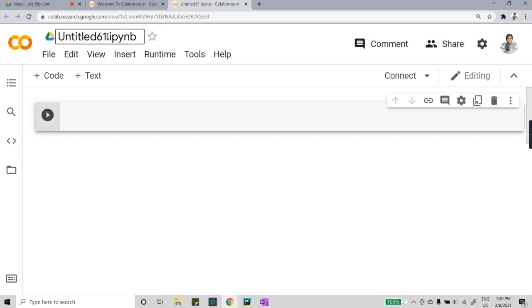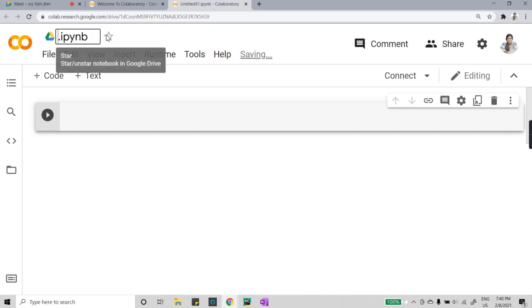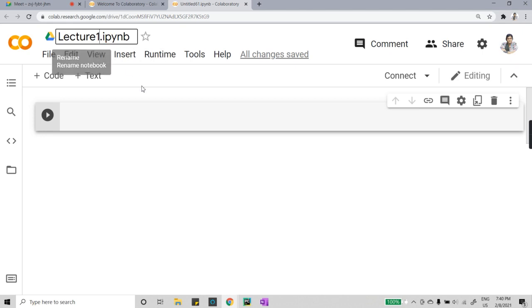So you will click here and do the backspace. And here you can write any name, and let's say I write lecture 1. So I have just renamed my file. Now for using my Google Collaboratory, I need to click here on connect. As soon as I do that, my Google Collaboratory will be connected with the internet, and after that you can run all of your programs in this Google Colab notebook.